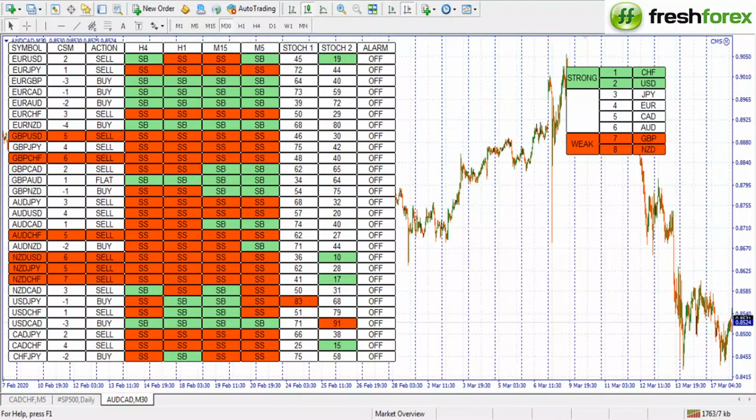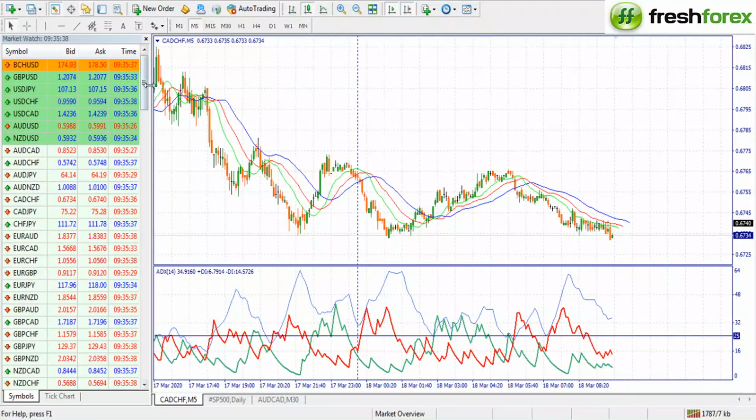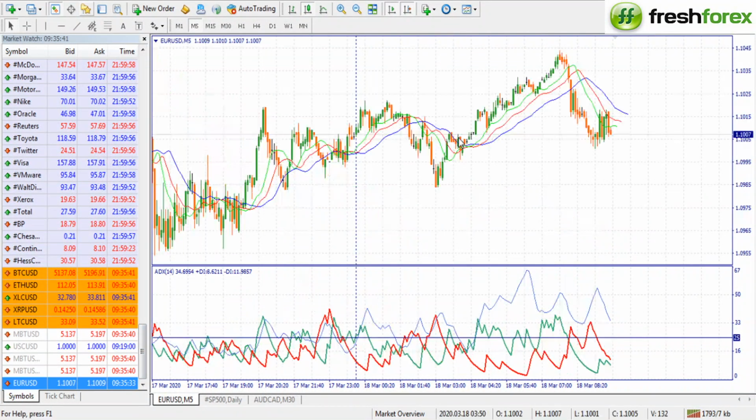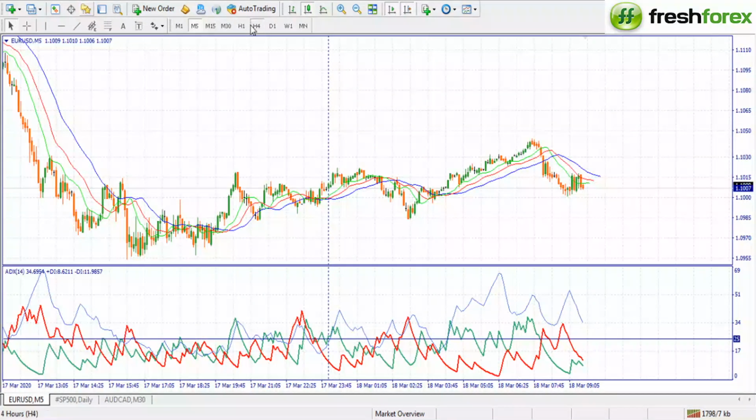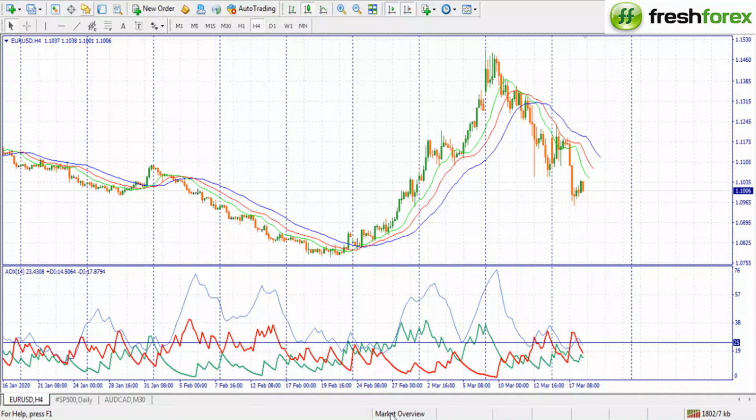So let's start with our main pair. We'll start off with the main symbol that we look at normally, Euro USD. See what we have. Euro USD should be here, this one. So as you can see, Euro USD, we are downwards somehow. We have a very good downtrend based on the first indicator on our screen, and that is the alligator indicator. We can see that the price is below it, which means we still have some chance that the price will continue to the losses. So as long as we have this alligator indicator being above price, we expect a continuation to the lower side up to this point here,